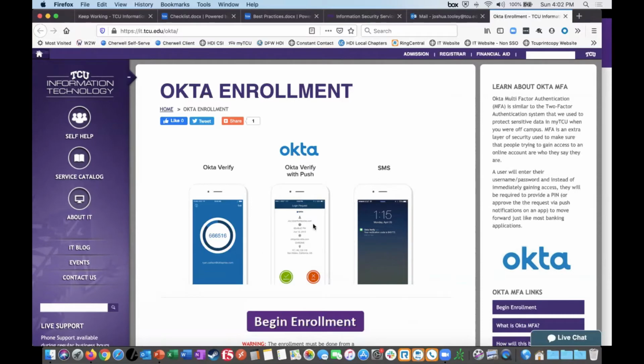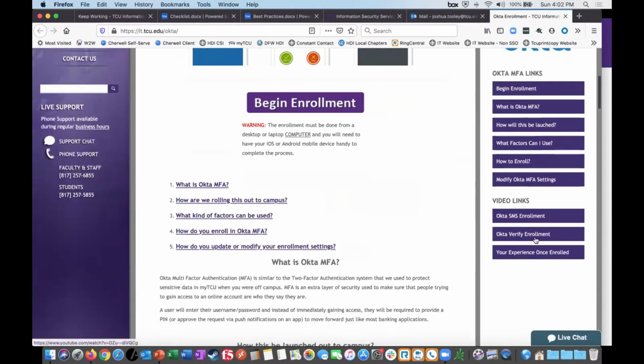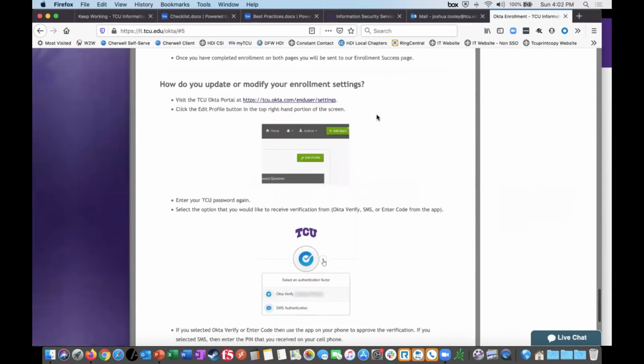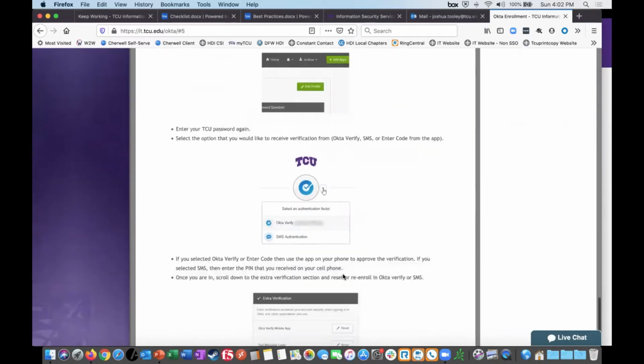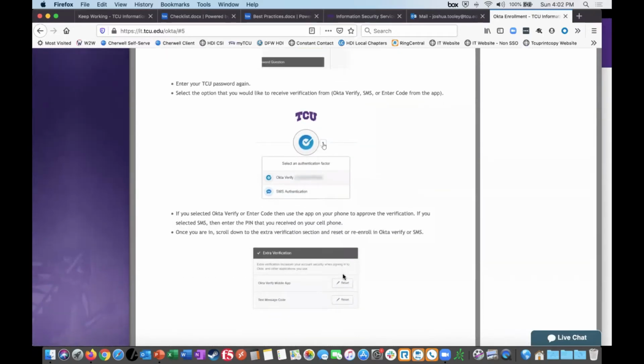The first two are related to installing an app on your phone, and the last one is SMS. I highly recommend, if you've already enrolled in Okta MFA and you didn't enroll in all of these options, to go back and work with the help desk to get that done. And I can even show you where you can go do that. You can click right here on modify your Okta MFA settings, and there's instructions on how to look and see whether or not you've enrolled, or you can reset